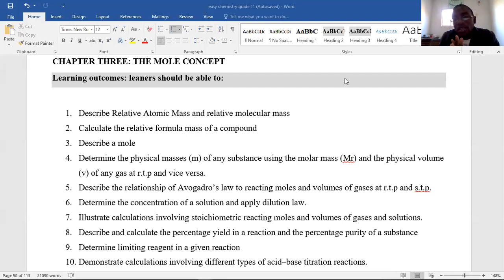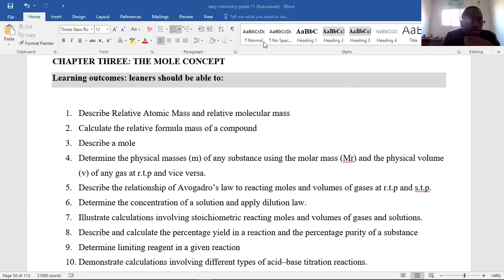Today we're starting a new series on the mole concept. This is a very exciting and interesting, detailed topic in chemistry. We'll be looking at different calculations in terms of mass, moles, empirical formulas, concentration, and so on and so forth. So to start with,